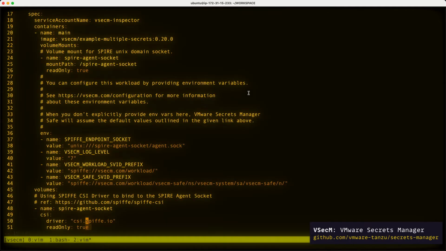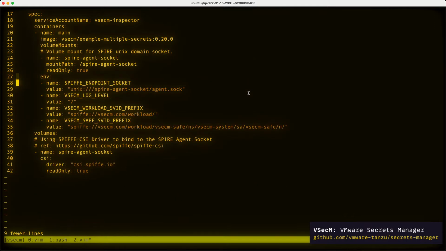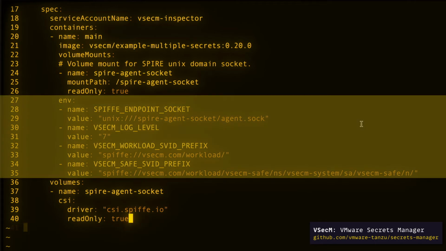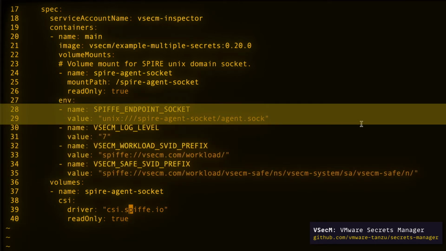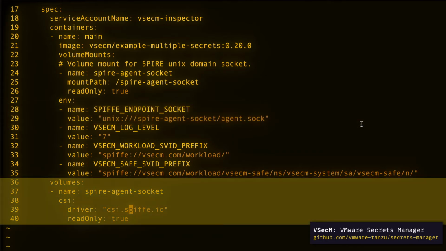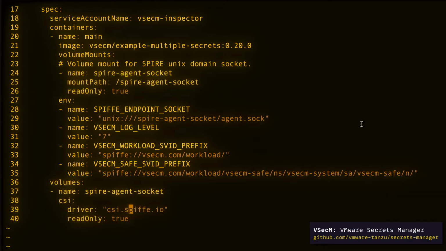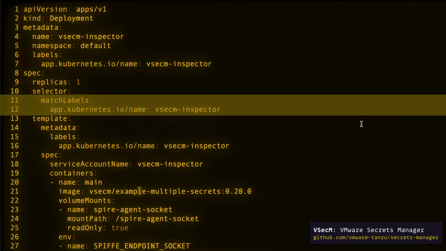workloads/inspector/deployment.yaml. Let me remove the comments to give some extra screen space, and let's check this spec part. vSecond SDK uses these environment variables, and this SPIFFE endpoint socket is an environment variable that the SPIFFE workload API recognizes. The SPIFFE CSI driver manages the Spire agent socket here, enabling the workloads to talk to the SPIFFE workload API securely. In addition, our example workload will have the name vSecond Inspector, and it will use a service account